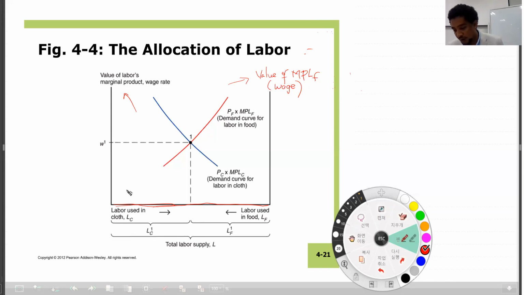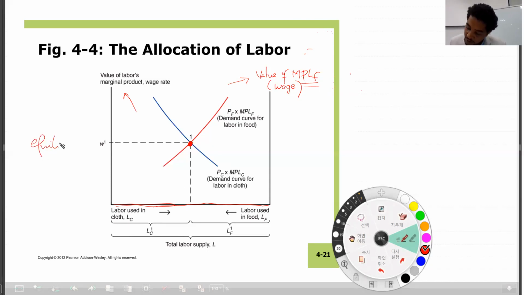So when you increase labor for production of clothes here, then the marginal product of clothes decreases. We have already seen this graph in previous slides. The same thing is true for the marginal product of food, where when you have more labor, then the marginal product starts to decrease. So when these two intersect, this is the point where the wage is called the